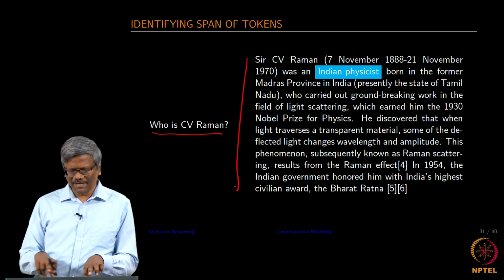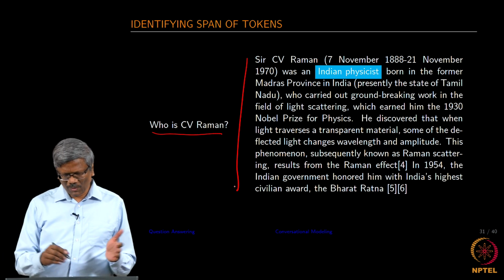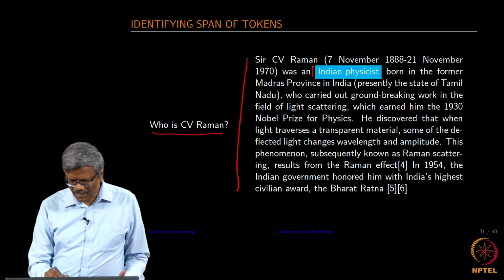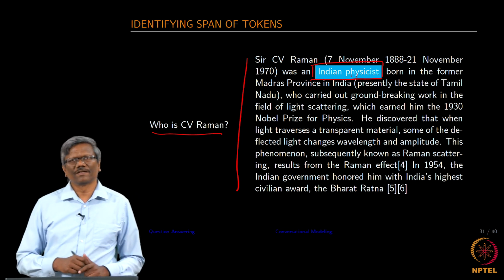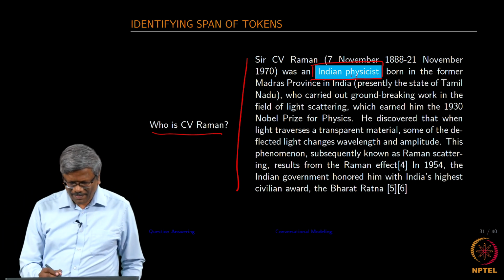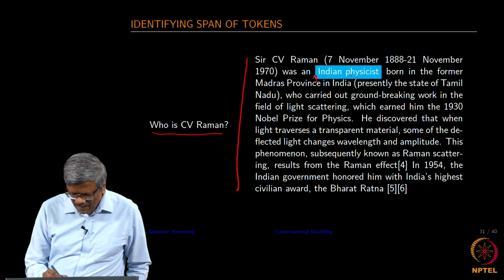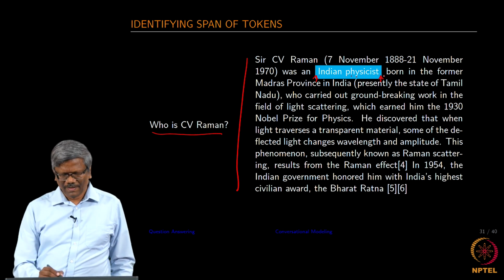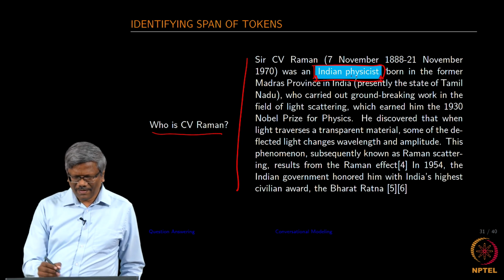So, in this case, let us assume that this is one document, the whole thing is one document, and then the span of text is defined here. And this is the answer that we want to get. The span of text here is starting from this word ending here. So, these two words that you want to pick,